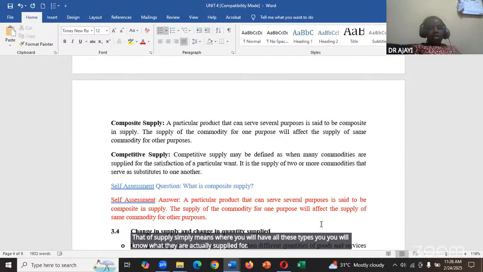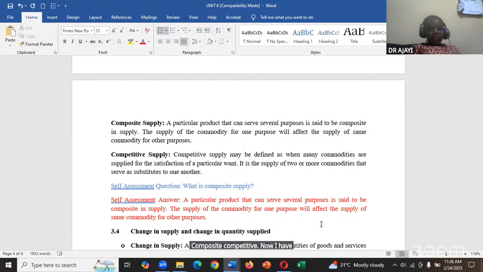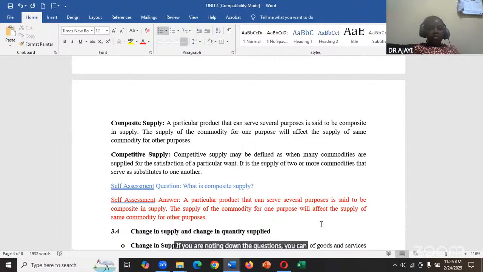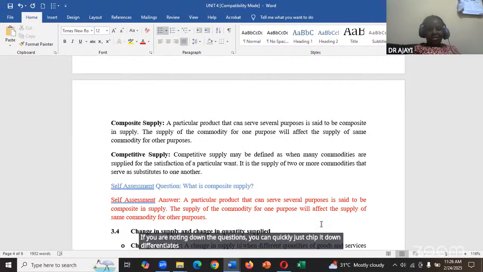Composite, competitive. Now I have a question here. What is composite supply? And another way of saying this is, what differentiates between composite supply and composite demand. If you are noting down the questions, you can quickly just chip it down. Differentiate between